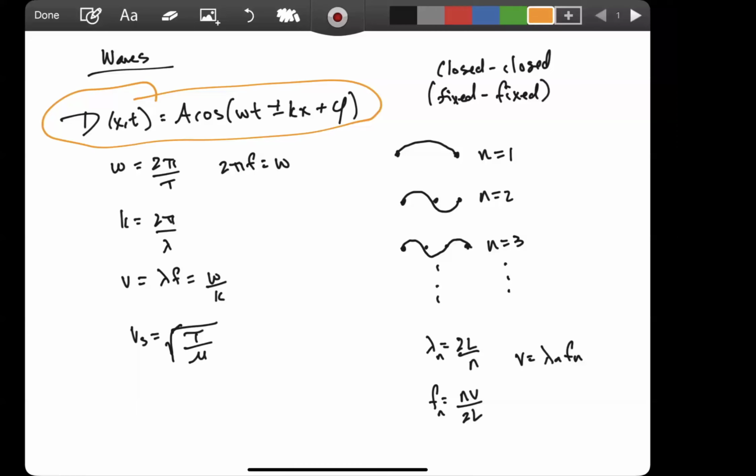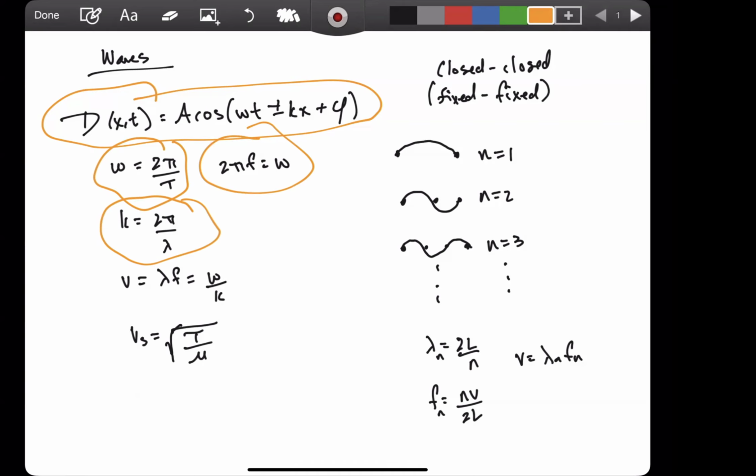We have the first part, which is the angular frequency. Again, this has to do with harmonic oscillation, related to the regular frequency this way. The k here is the wave number, not the spring constant. It is related to the wavelength by 2 pi divided by the wavelength, where again, the wavelength is the